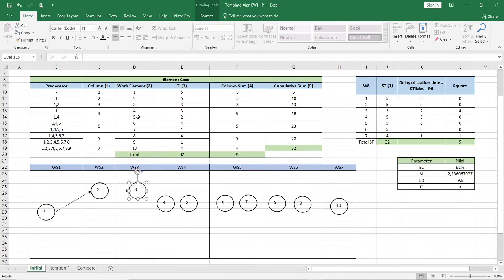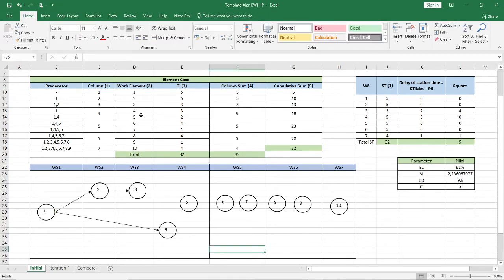And then we move to the fourth work element. The predecessor is the first work element. So from the first work element, it moves to the fourth work element. We can draw the arrow like this, from the first, go to the fourth.